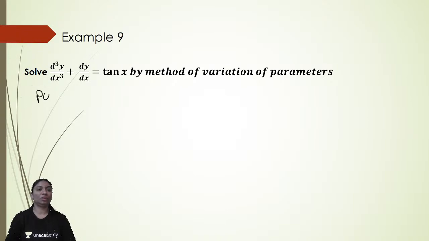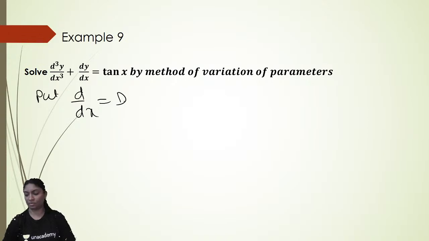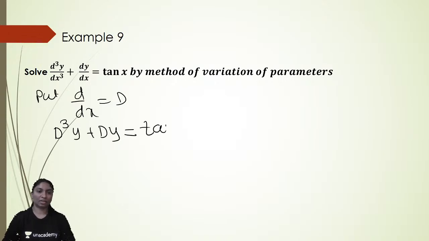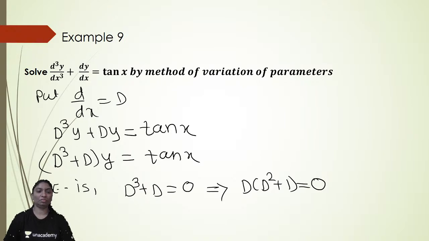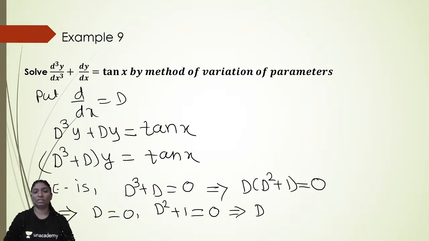First put d by dx equal to capital D. So you will get D cube y plus Dy is equal to tan x. You can take y common, so (D cube plus D) of y is equal to tan x. The auxiliary equation is D cube plus D is equal to 0, which implies D into (D square plus 1) is equal to 0, which implies D is equal to 0 or D square plus 1 is equal to 0, which implies D square is equal to minus 1,